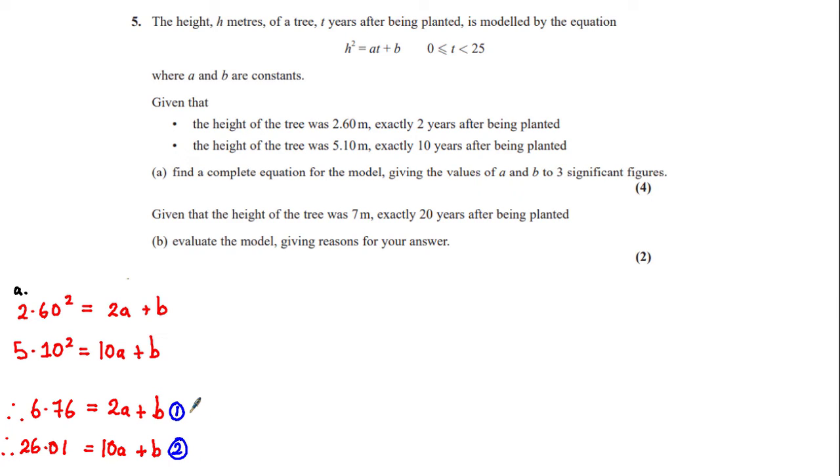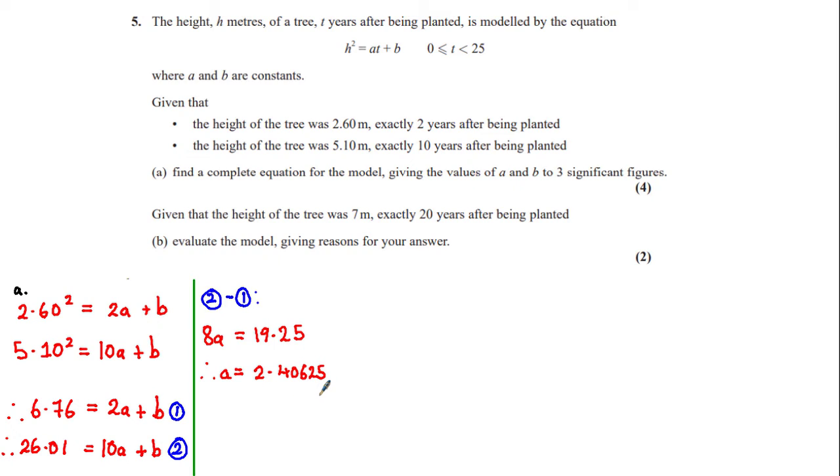Now inspecting this, we can see that we have 2 unknowns, a and b, and 2 equations, and therefore we can solve to find the values a and b by using simultaneous equations by process of elimination. And here we can do equation 2 minus equation 1, which will eliminate the b value, and this gives the following: 8a is equal to 19.25. Dividing both sides by 8, we get that a is equal to